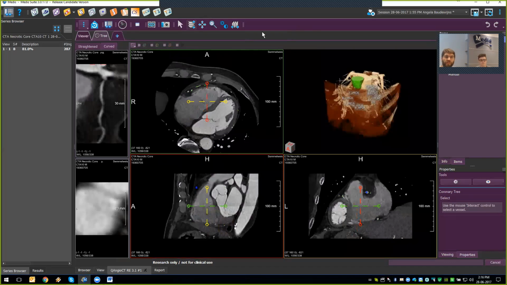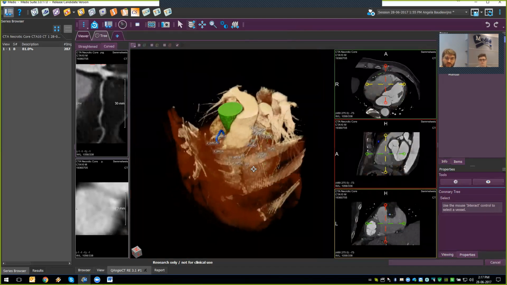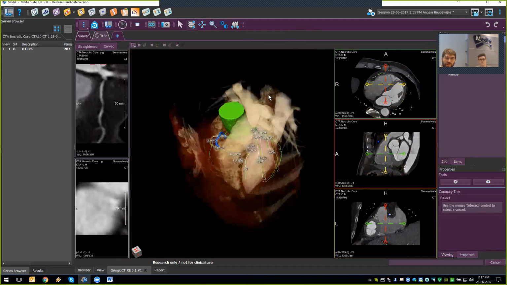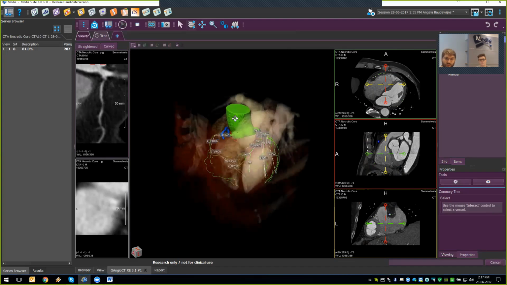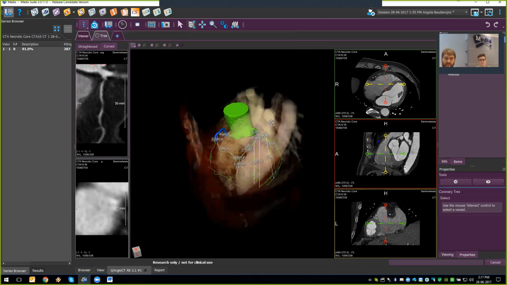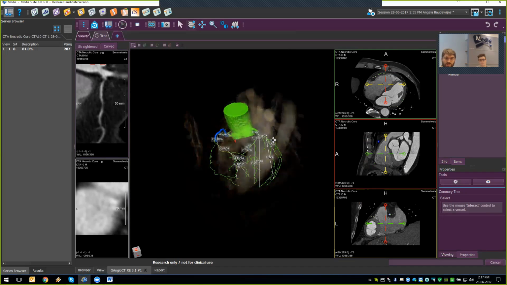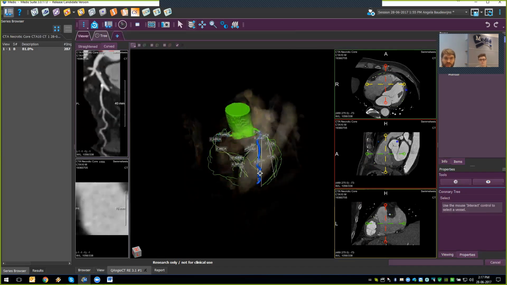What we see here in this view is the QAngio CT package. It comes with a number of standard views on the data, like the different orthogonal views, which can also be manipulated. And of course, the 3D view, which is the nice feature of the CT modality, where we can look at the data from all directions. In this case, we have here in green the extracted coronary tree, and we can pick and choose a